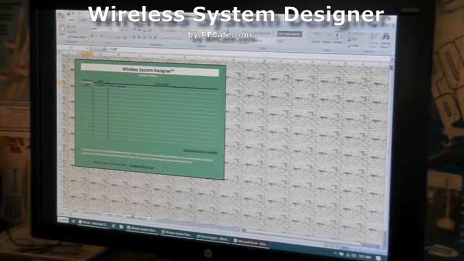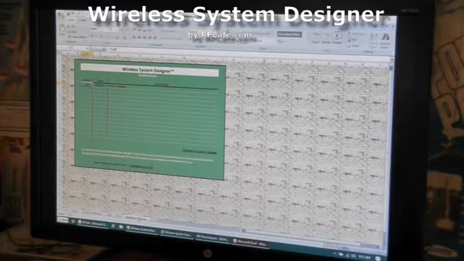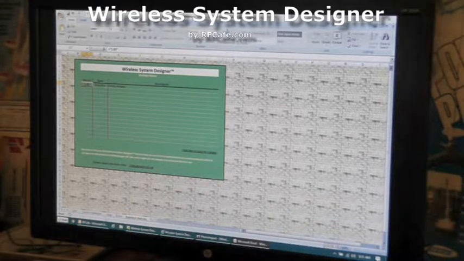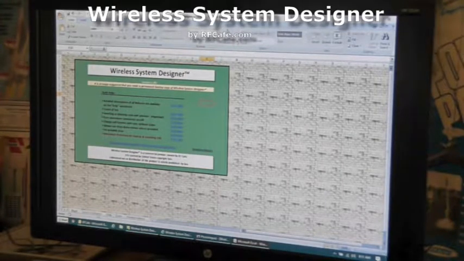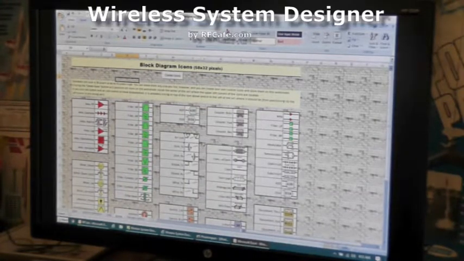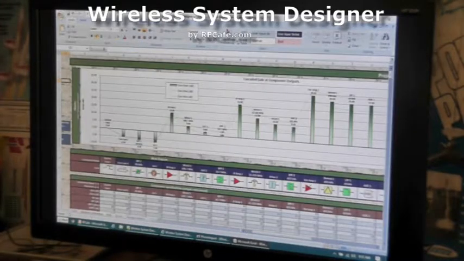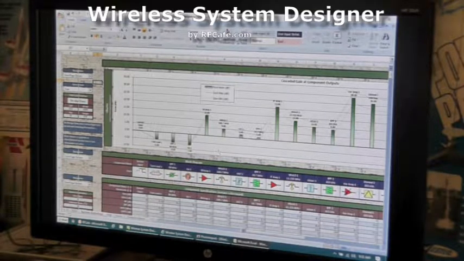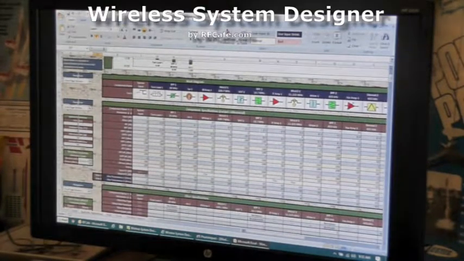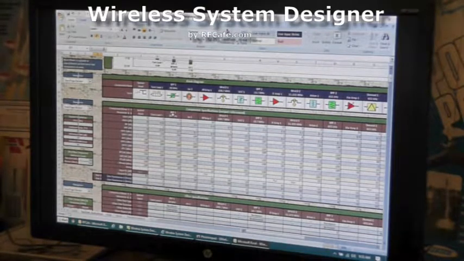When you get the file, the pages that are locked that are not unlockable, that is, I don't provide a password for, is this revision history, the help page, and the start page, and that's just because there's really nothing on there that you need to mess with. The icons page, there's no locking on it at all for the cells. Everything is completely accessible. The systems definition page is locked, or in Excel terms, protected to begin with, because I want to make sure that you don't accidentally overwrite the cells with the formulas and all the formatting and structure